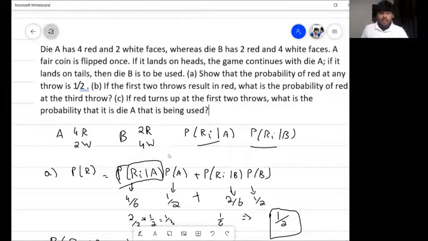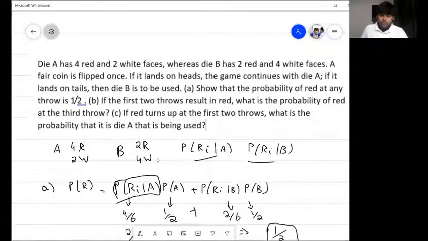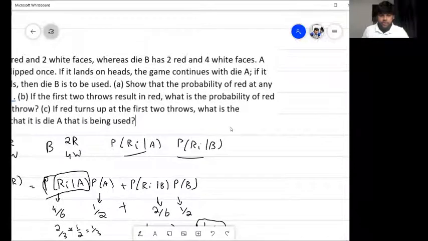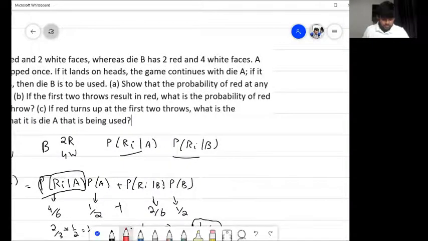So part B: if the first two throws result in red, what is the probability of red at the third throw? Part C: if red turns up at the first two throws, what is the probability that it is die A that is being used? Just to confirm what they're saying,